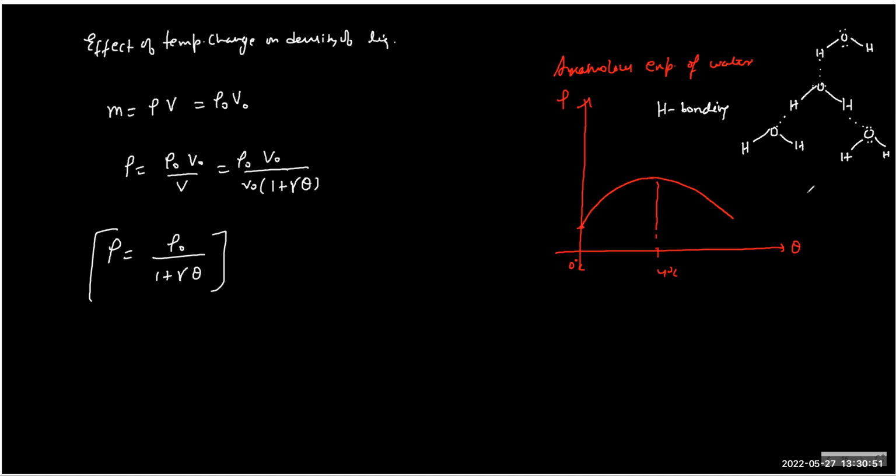Now, if you increase the temperature further, they will have more kinetic energy that will let them sit apart, and therefore the density will further decrease. So that's the reason for the anomalous expansion of water. I hope you know this anyway. So density will change. So now comes the